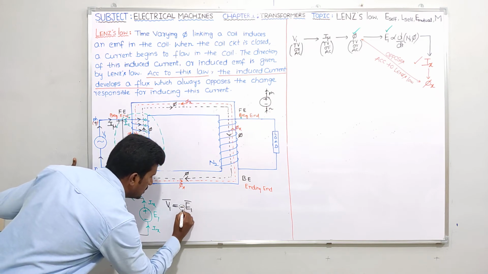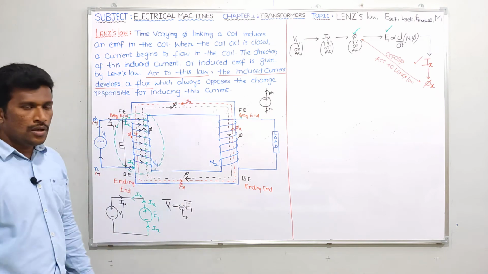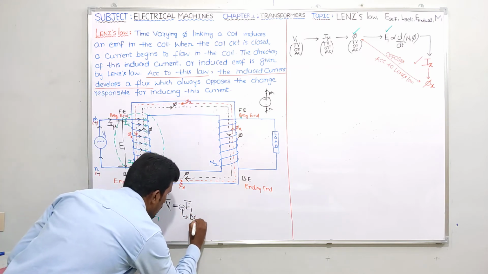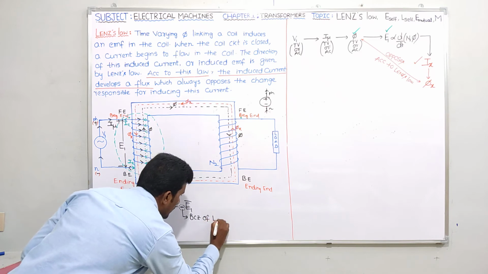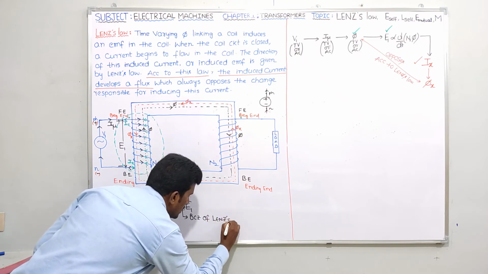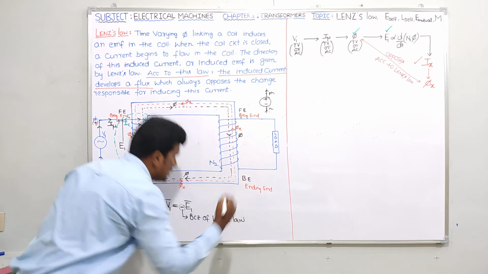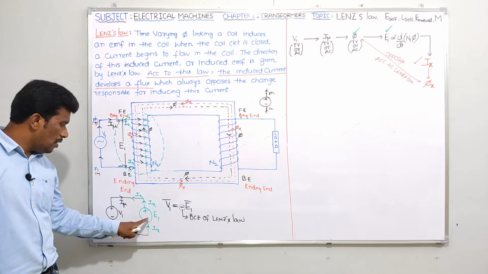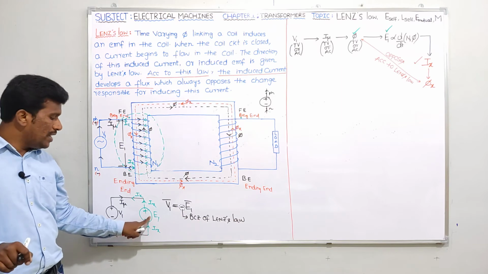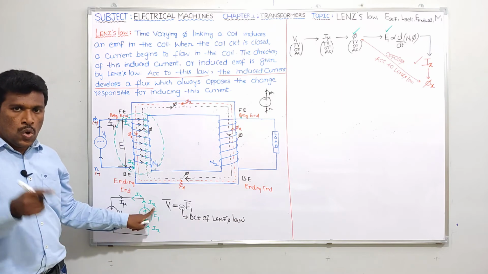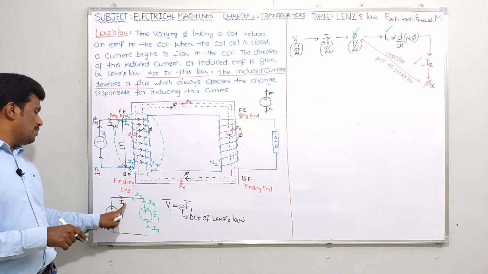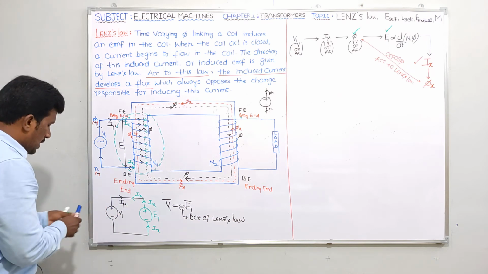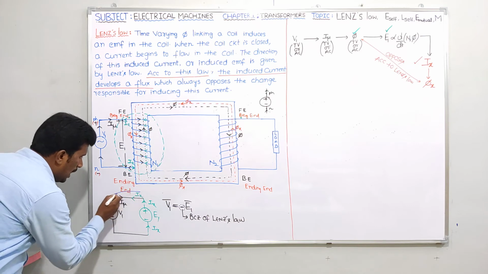Why should I write this minus symbol? That's the question. It is because of Lenz's law. Here only people are confusing. Very simple, we can explain it like this. Because of this E1 we are getting current Ix, which is opposing your I mu. Please be careful, please try to see this portion. Here I mu and Ix are opposing.